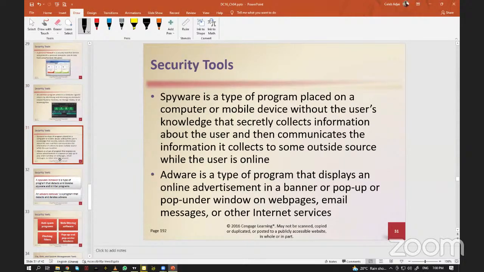Then also there is a software called a spyware remover. There are people who will plant certain software, especially for those of you who like downloading free things online. Recently, I was hacked myself. My computer system was hacked, and in fact, it cost me a lot. So spyware is a type of program placed on a computer or a mobile device, without the user's knowledge, that secretly collects information about the user and then communicates the information it collects to some outside source while